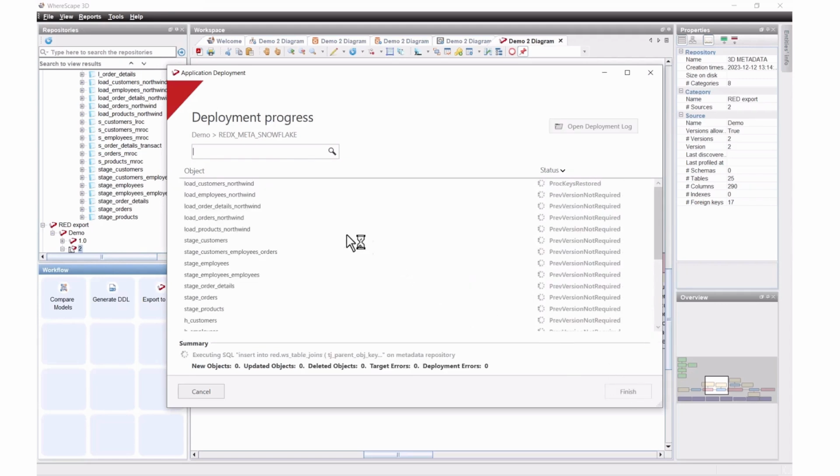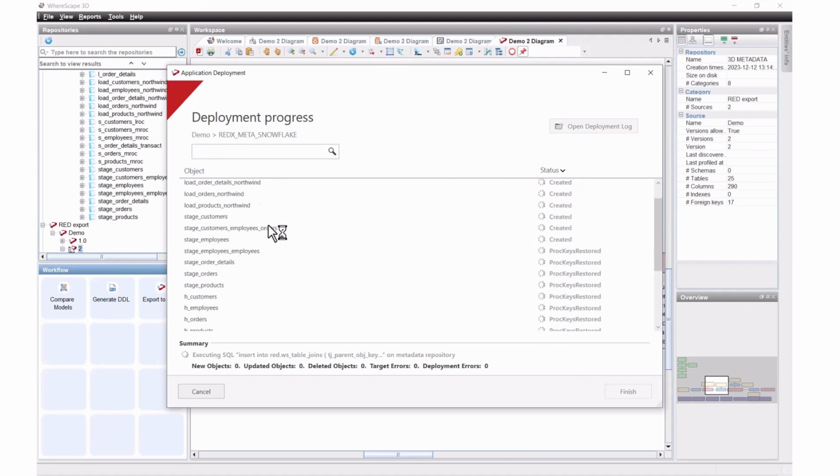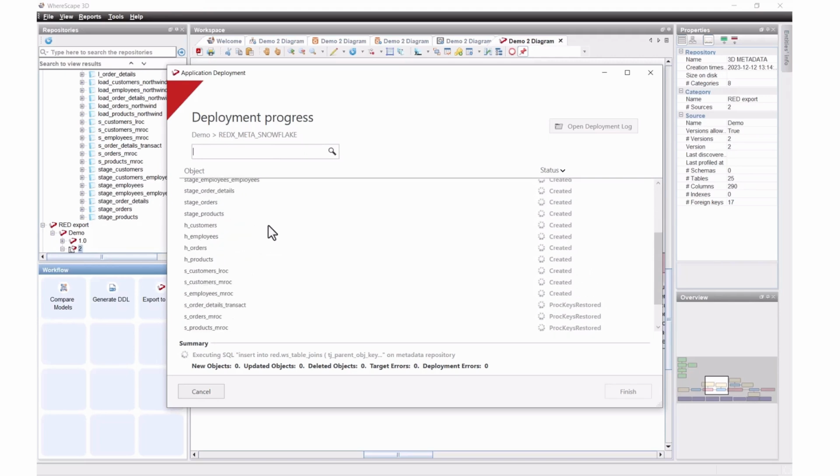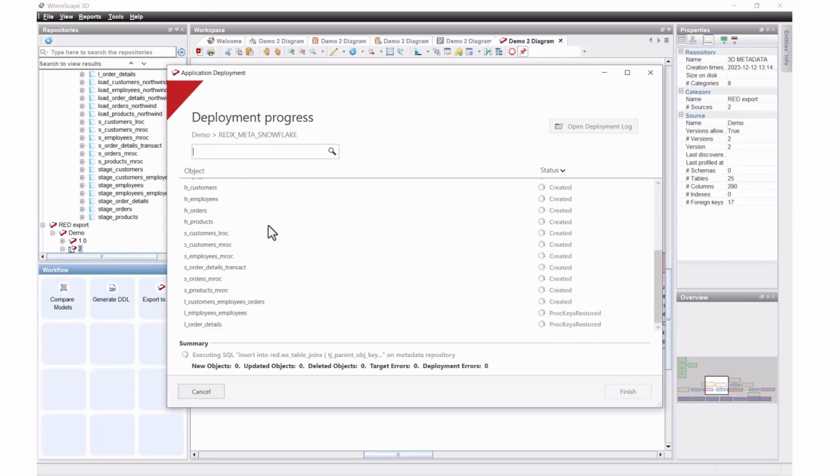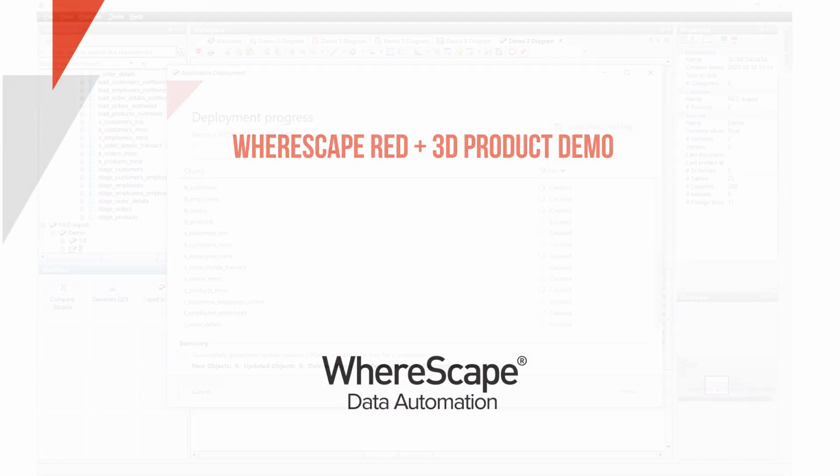And what it's doing now is going through and creating all of these tables. So Wherescape Red, our builder tool, is writing DDL for Snowflake that is going to create all of these tables. And then when that's done, you'll see down here that it's generating a lot of scripts. This takes a minute or two, literally about 120 seconds or so. So I'll go ahead and end this, and then I'll show you what we see in our builder tool.